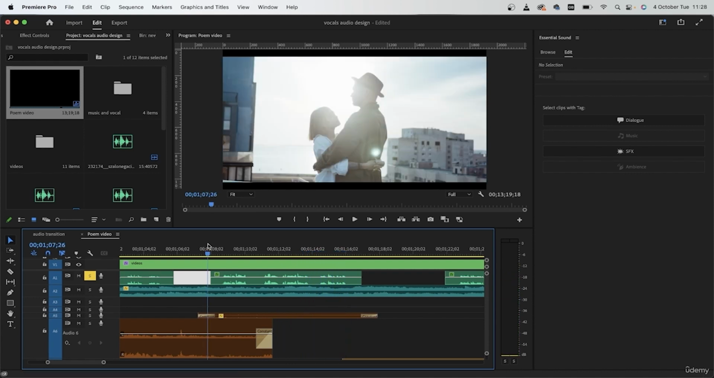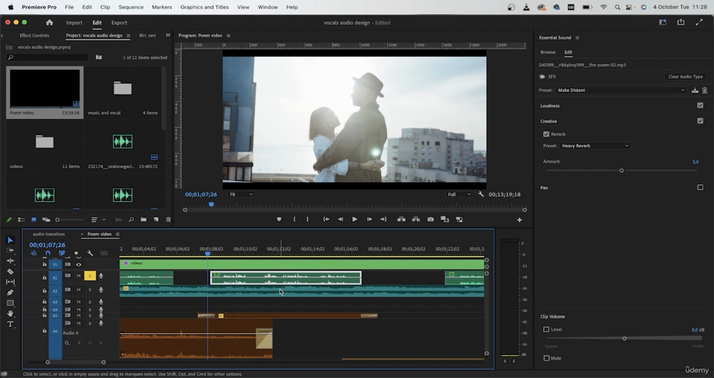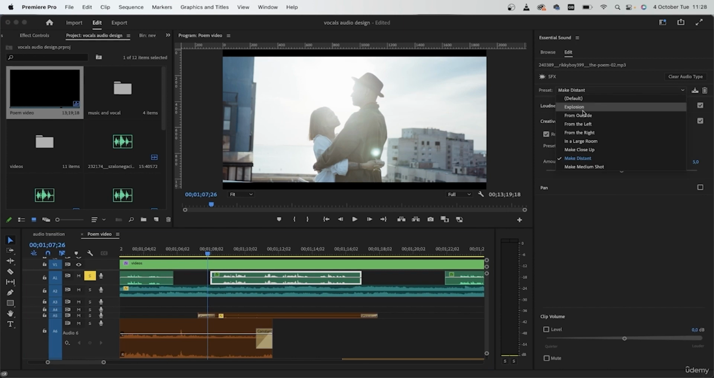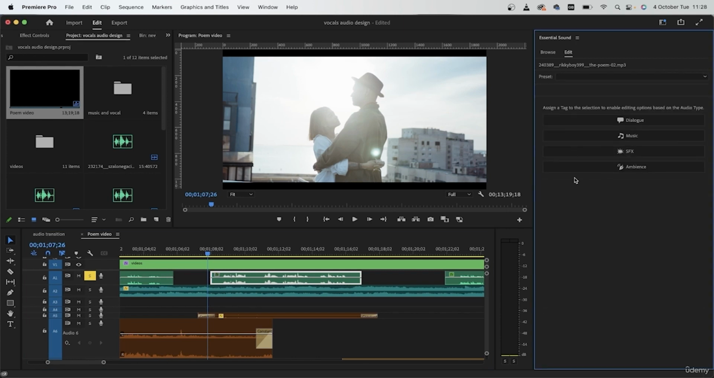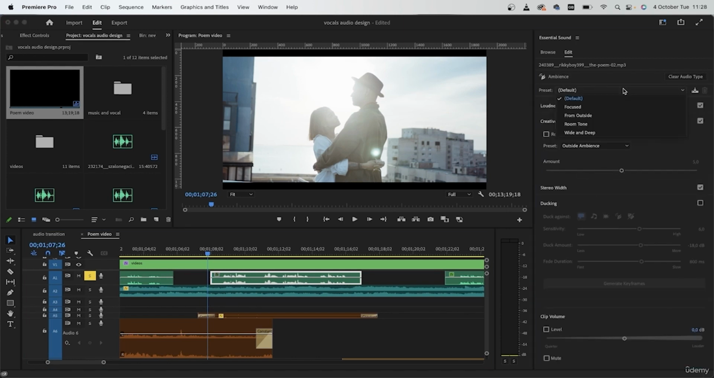So your audio doesn't have to be exactly one of these things. You can use the other options for your audio. So this is not really an SFX, but I just used this tag to get this preset. Let's try ambiance. From outside,